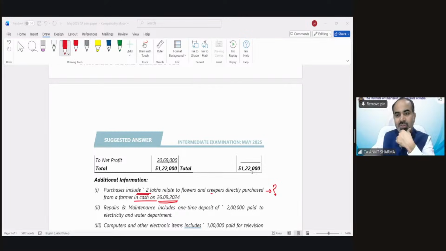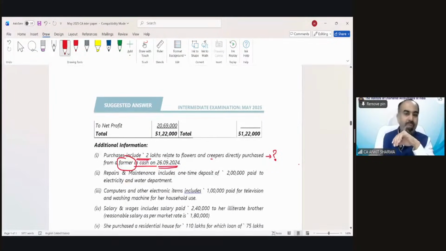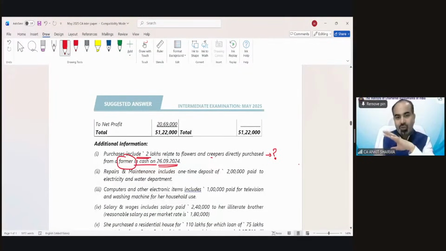Very good, Sid. Very good, Khushi. Well done. Yes, because the payment has been made to a farmer, and that is an exception under rule number 6DD. Generally, payment exceeding 10,000 is disallowed, but rule 6DD says that in case of payment to a farmer, you can make payment of unlimited amount. There is no restriction like 10,000. So we do not need to do anything with this point.